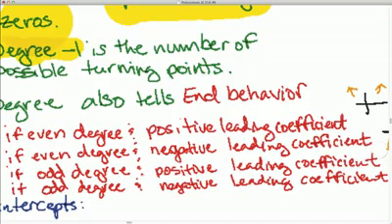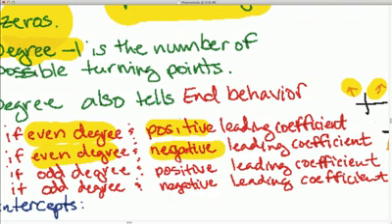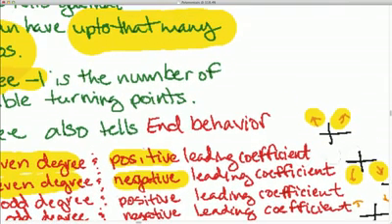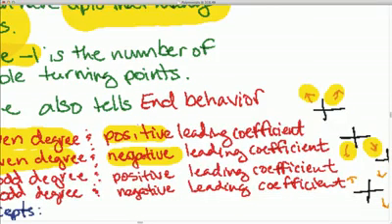What is the end behavior? Well, we need to look at the degree. If it's even, okay, and the leading coefficient's positive, it's just like x squared. The ends go up and up. But if the even degree has a negative leading coefficient, it's like negative x squared, in which the ends go down and down. And then if the degree is odd,